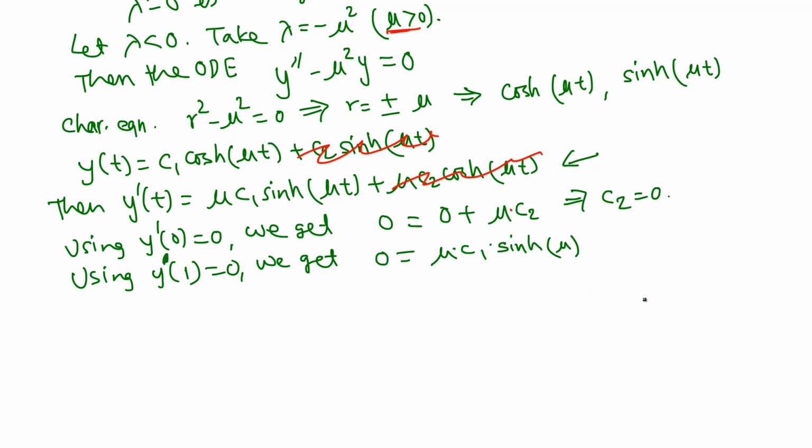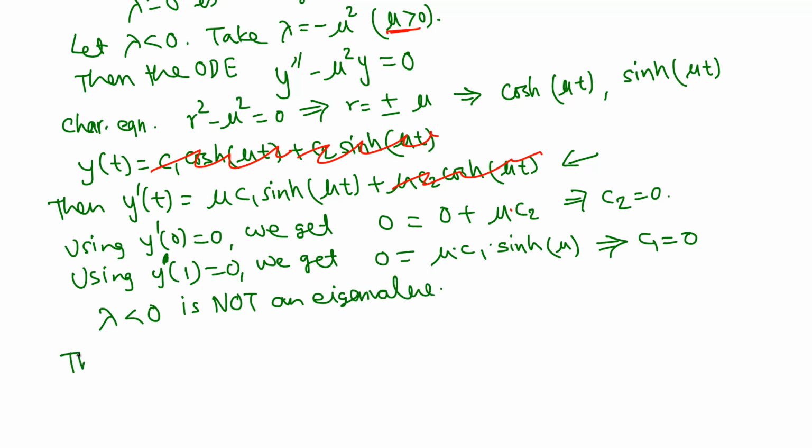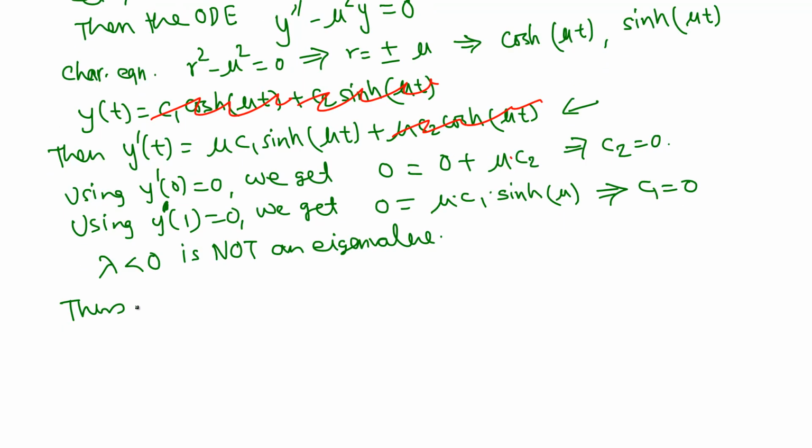So we have c1 equals 0 because sinh of a positive number is never 0. Mu is positive. Now we got c1 equals 0. That means if we go back here, c1 is also gone. So we got solution y(t) equals 0. Okay, that means negative lambda is not an eigenvalue. Thus the eigenpairs: